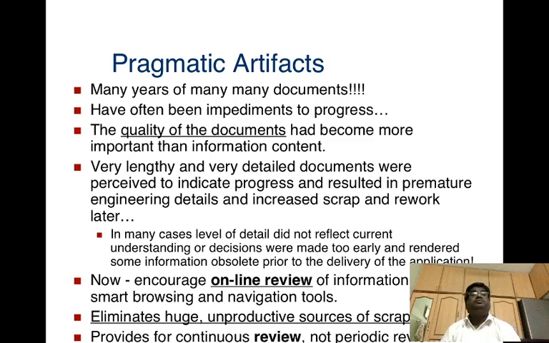Good morning, students. Today we are going to discuss pragmatic artifacts. Okay, it is related to programming activity. Programming activity is nothing but writing source code for different